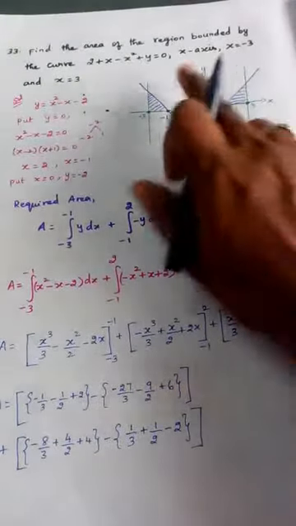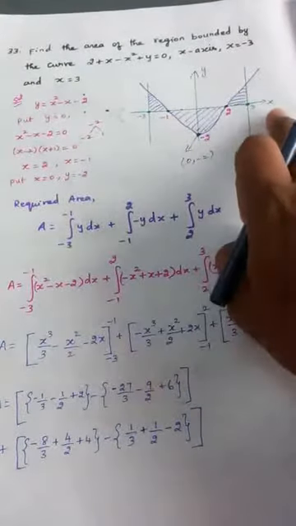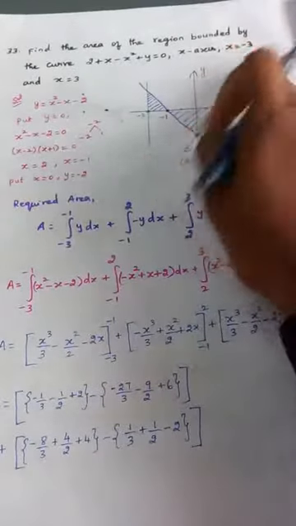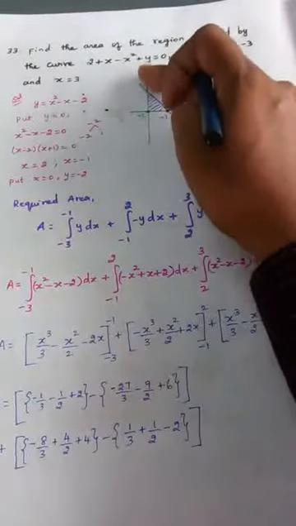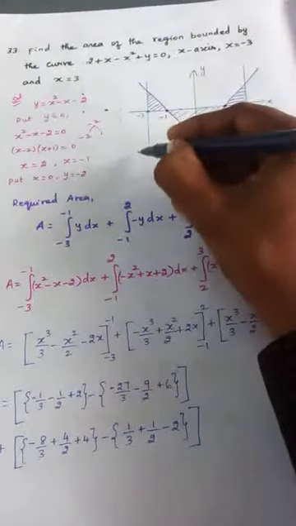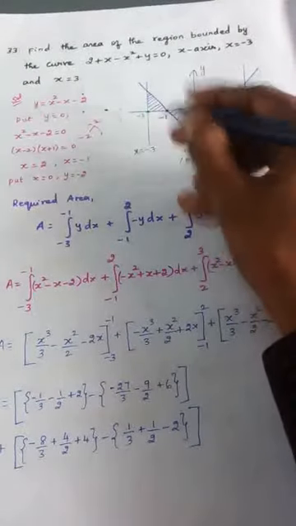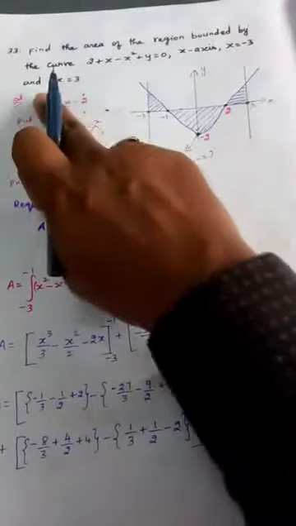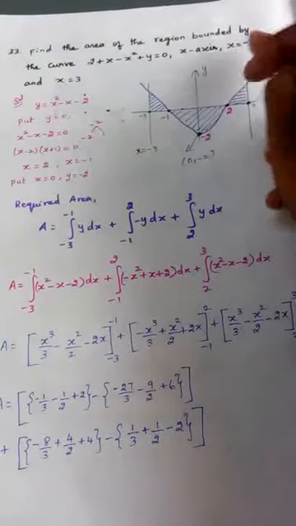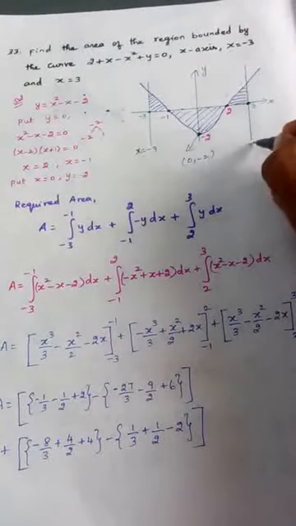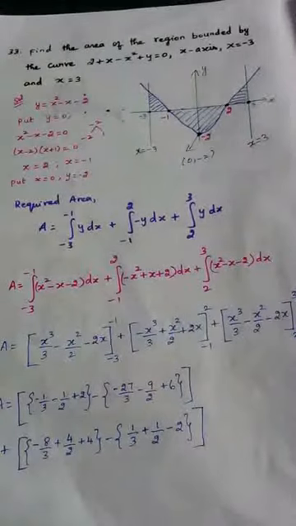After drawing that, the x-axis is already present in the diagram. For x = -3, on the left side, this is the point -3. At that point draw a vertical line. This line is called x = -3. Another line is x = 3, on the right hand side. Where 3 is present, you draw a vertical line there. The name of this line is x = 3.